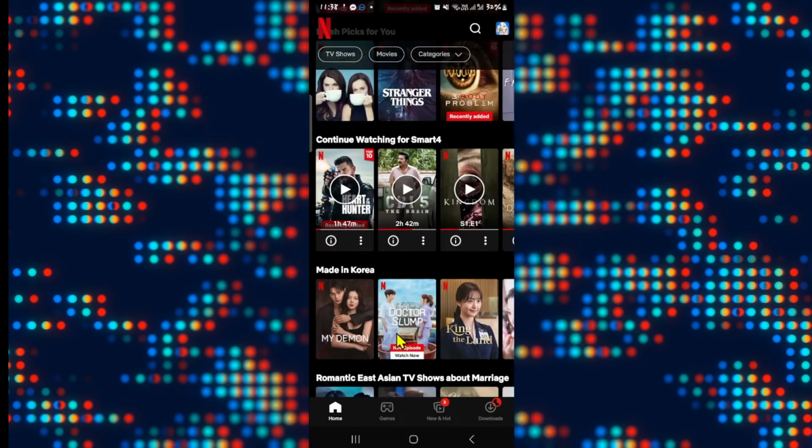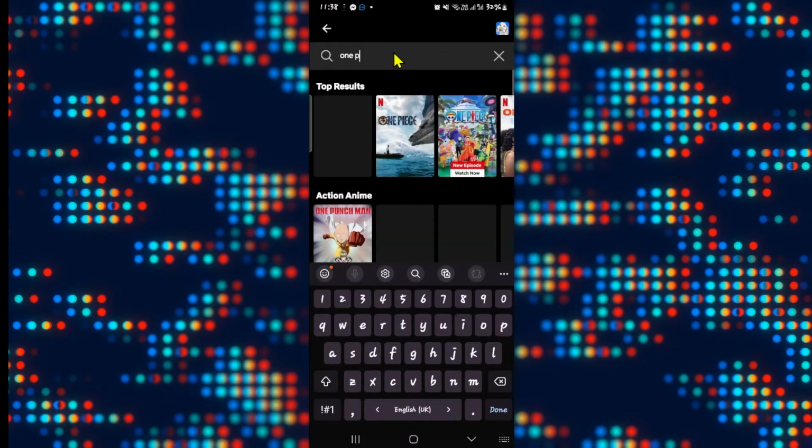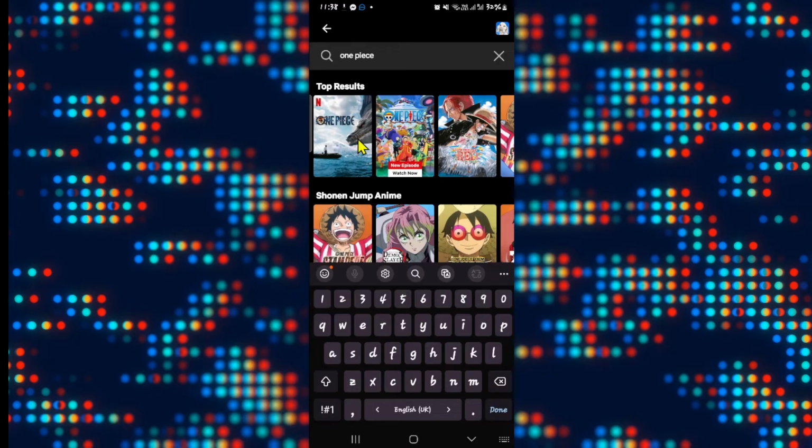Now if you want to search for your favorite shows, you can tap on the search box at the top right corner and you will be allowed to type the name of your show that you want to search for. Just type in the show name, and once you find the show, you can tap on it,